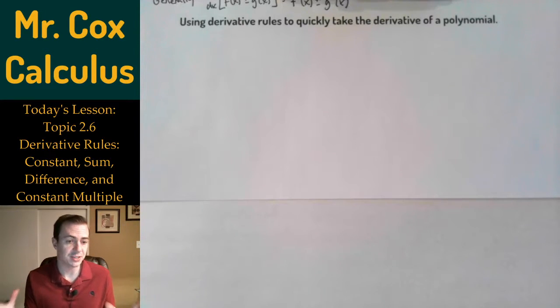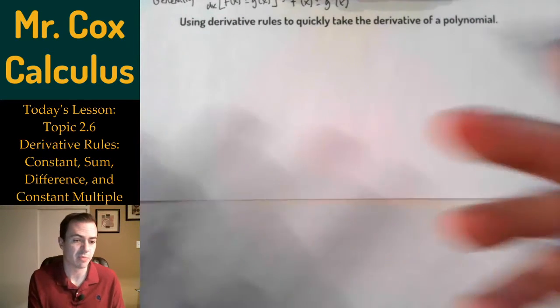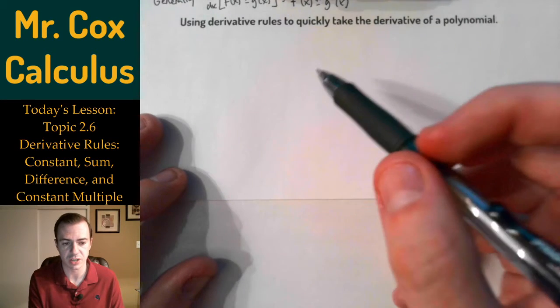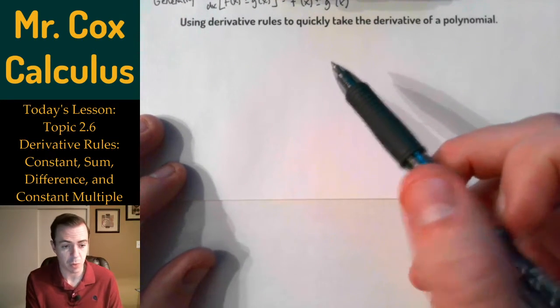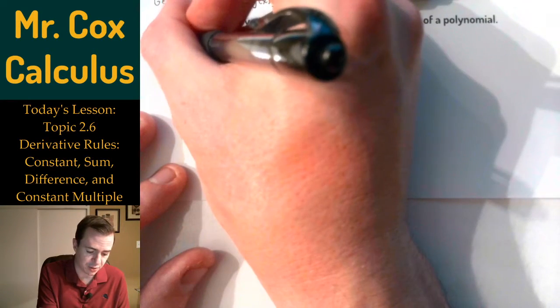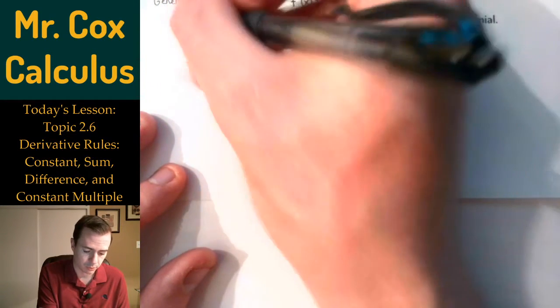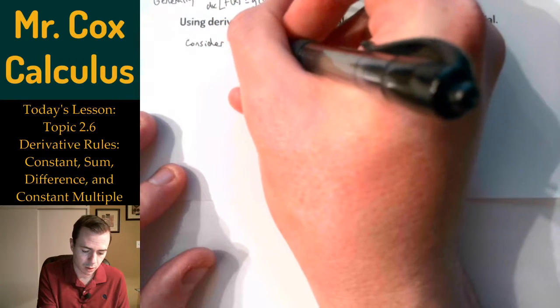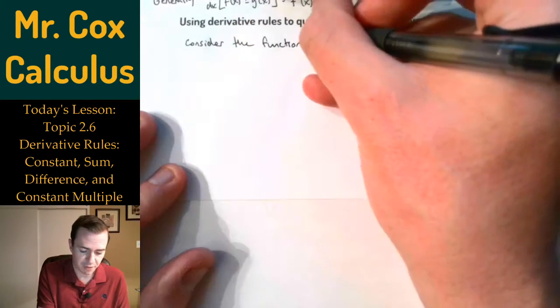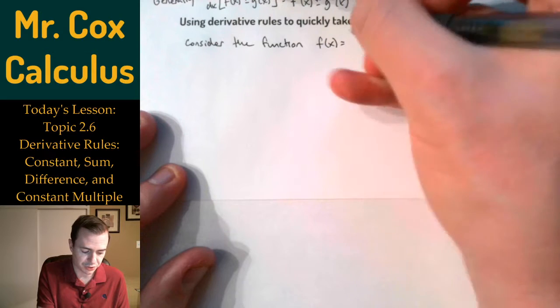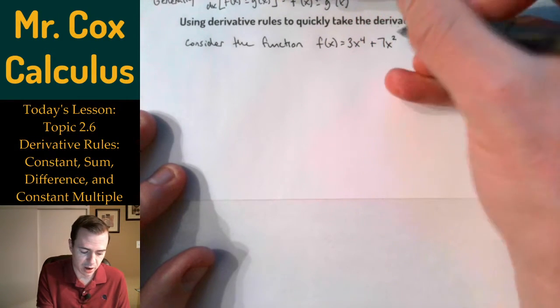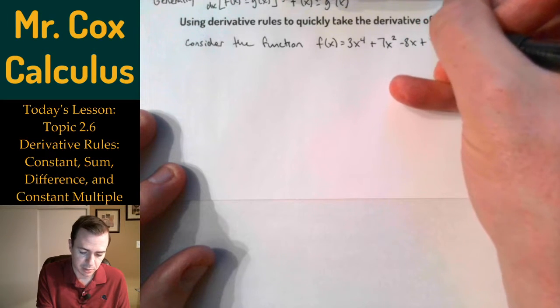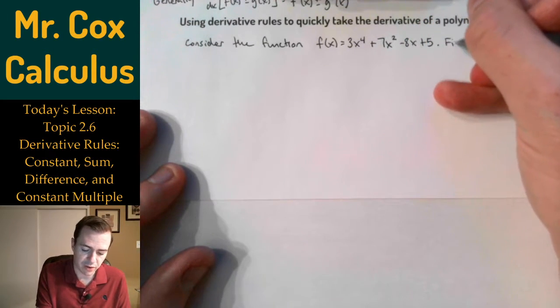So now let's take these derivative rules that we've learned, or that we've proven and derived in the first couple of videos of this topic, and let's actually use them to take the derivative of a polynomial. So I'm going to consider the function f of x equals 3x to the fourth plus 7x squared minus 8x plus 5, and I want to find